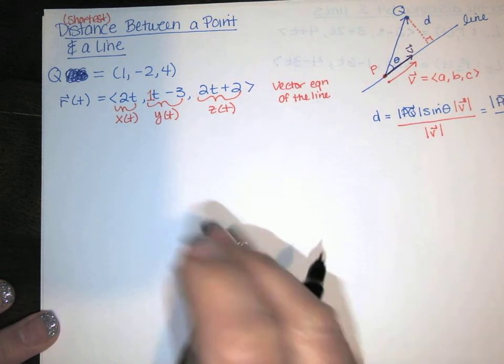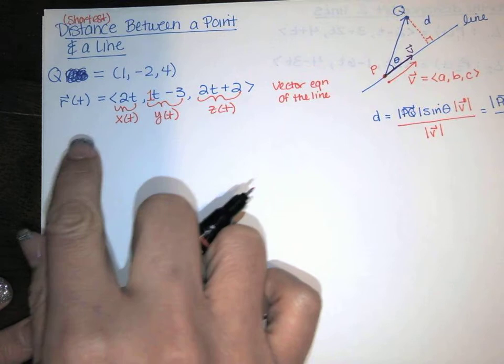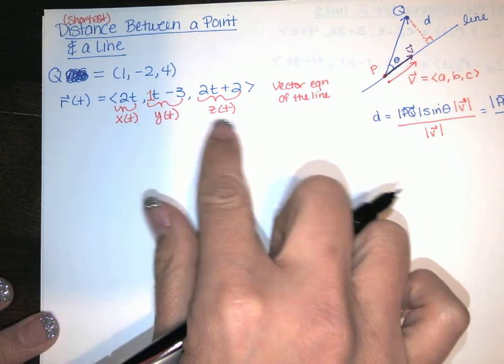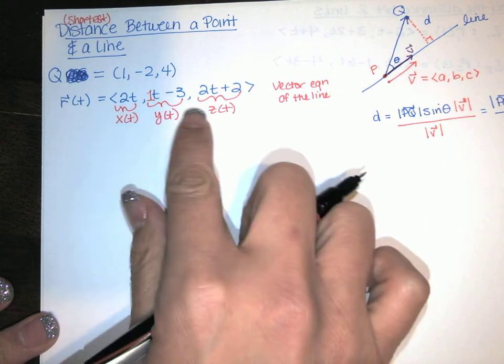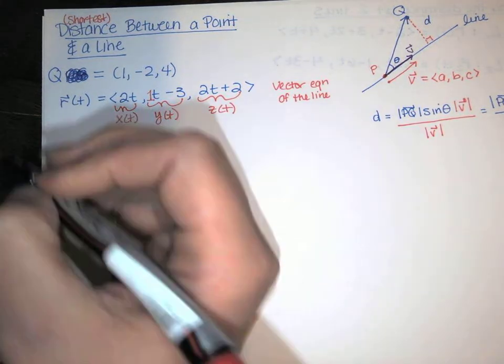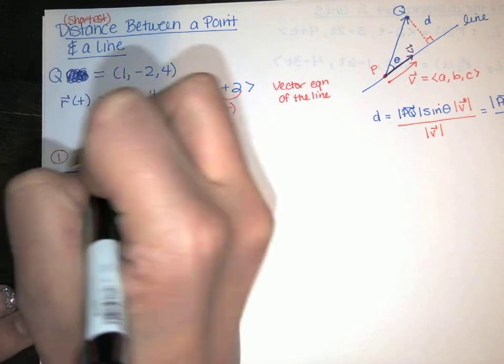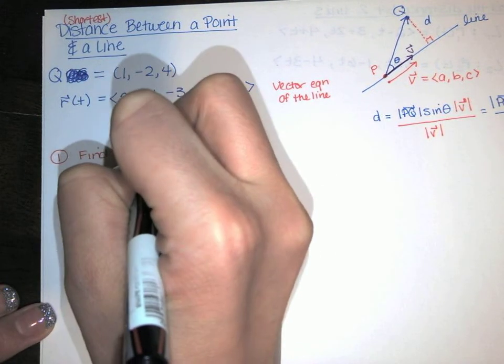Okay, and now in order to find a point P on the line, I can substitute any t value I want into this, and the terminal point of that vector, when it starts at the origin, is going to be our location. So the first thing we do is we find a point P on the line,